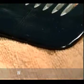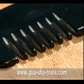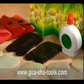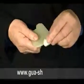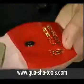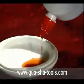This is a scraping comb made of buffalo horn. This edge can be applied for scraping therapy, and the edge for scraping and pressing and dredging the meridians and acupoints on the head. It is better to apply the same plate or comb to the same patient at every treatment session. They should be cleaned with water or alcohol for disinfection and be stored in a special leather bag